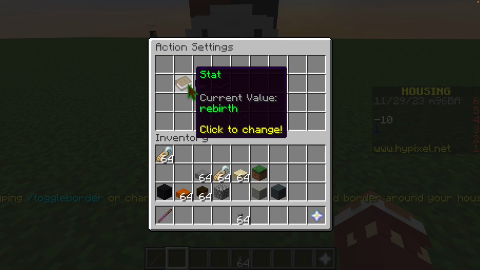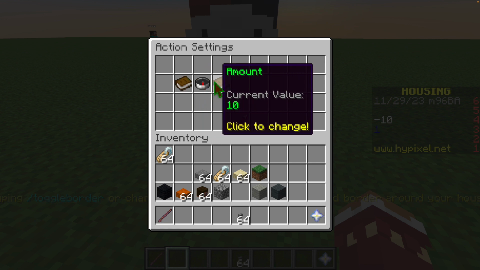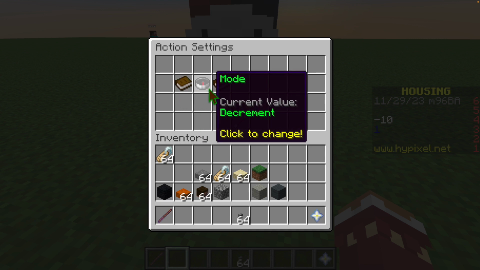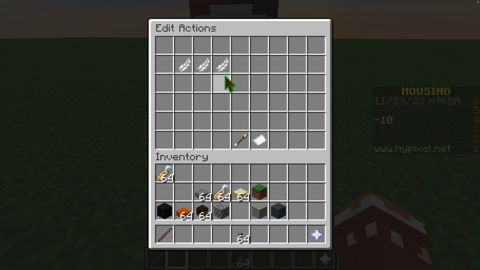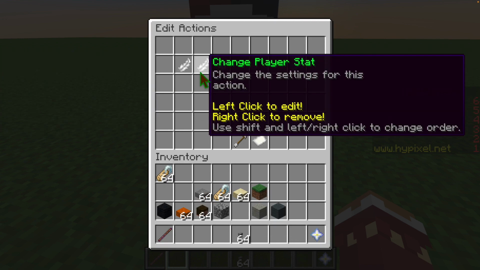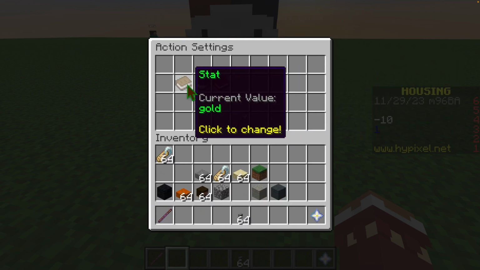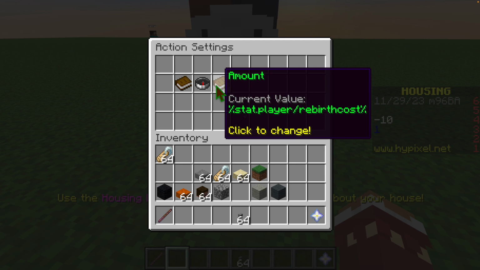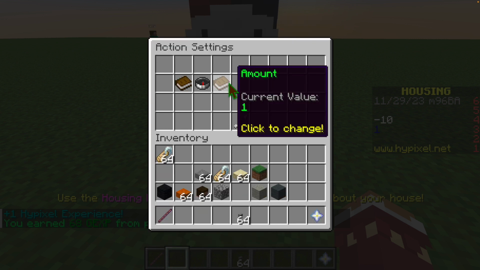Okay, I came over here and I did a rebirth increment by 1, rebirth cost increment by 10, and gold decrement by the rebirth cost. So what you normally want to do for these is if you want your money stat to decrement by the cost, you just do gold, or your money stat, decrement by the rebirth cost, and then with the other one you can